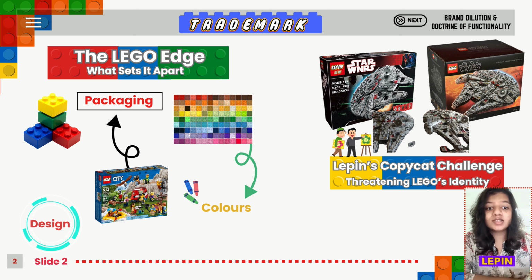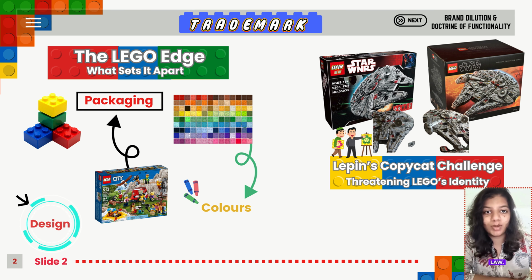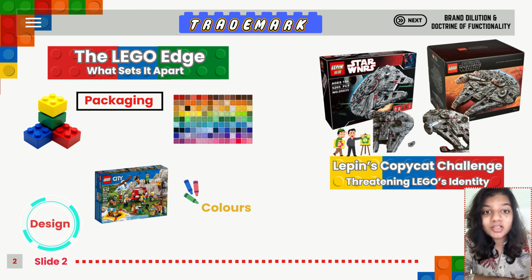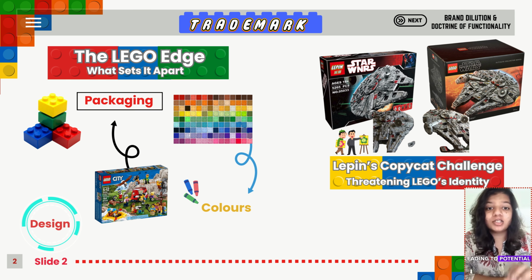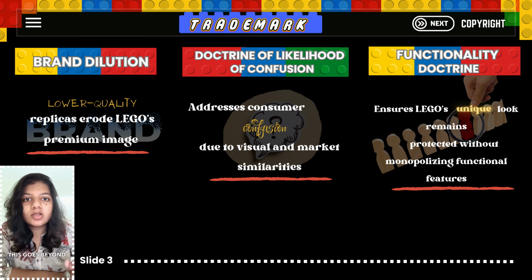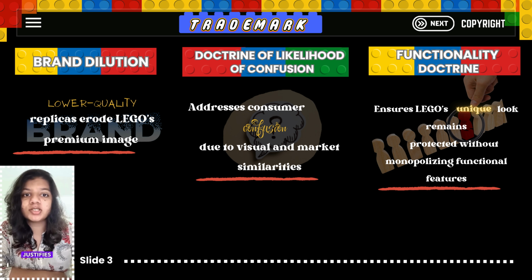LEGO versus Lepin is an insightful case for examining the real-world implications of trademark law. Lepin was accused of replicating the look, feel, and even packaging of LEGO products, leading to potential confusion among consumers. In trademark law, this goes beyond direct competition. It introduces the risk of brand dilution, where the value of LEGO's brand identity is eroded by association with a lower quality product. Such dilution harms LEGO's position in the market, where its distinctive, high-quality brand image justifies premium pricing